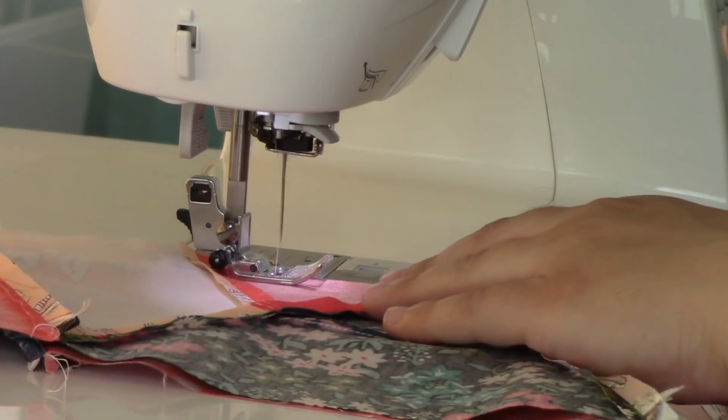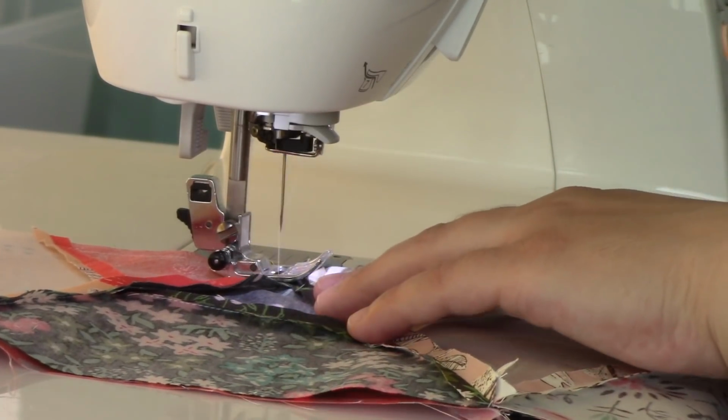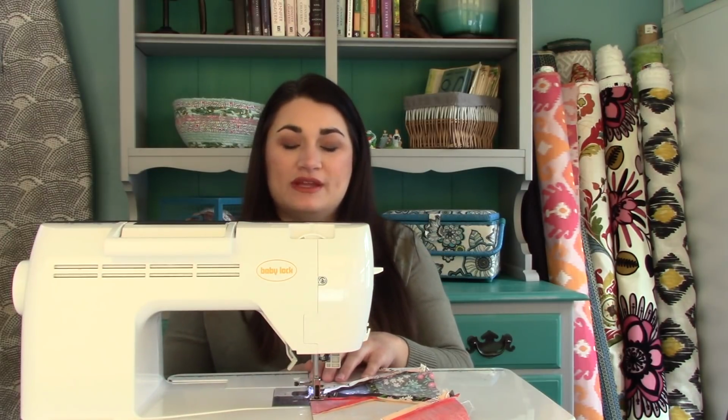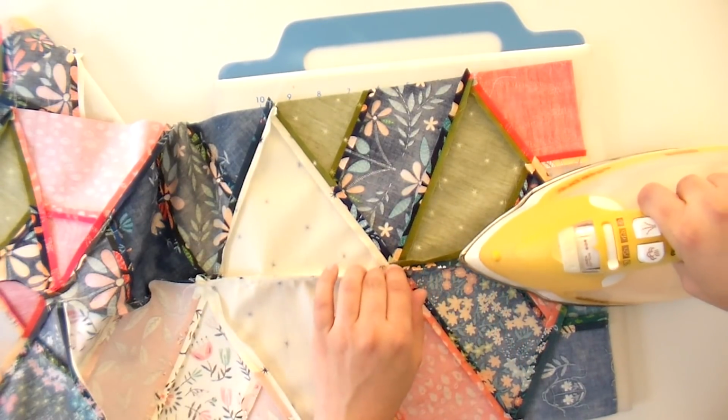So when I'm sewing at this step, what I do is I sew pretty slowly as I approach those points, and then I'm just going to sew just to the right of where all three of those triangles come together. And as long as you are just one needle width to the right, you are always going to be able to see those points. Just like always, we're going to press these seams open so that way we get really nice sharp points,